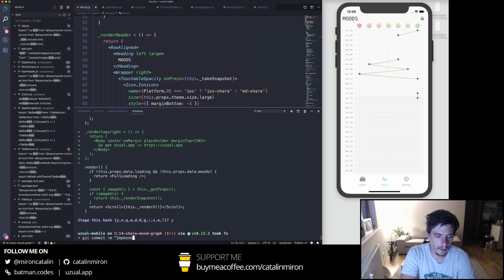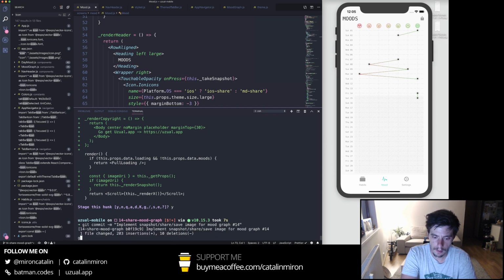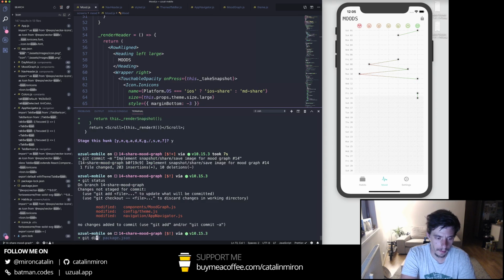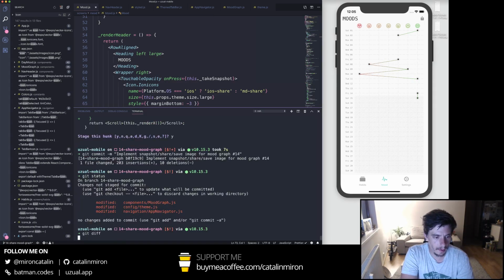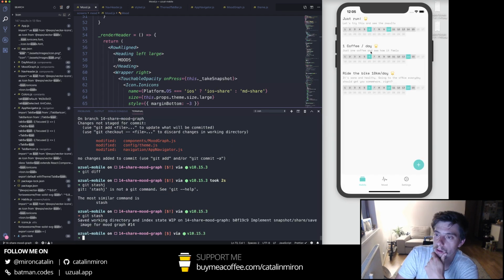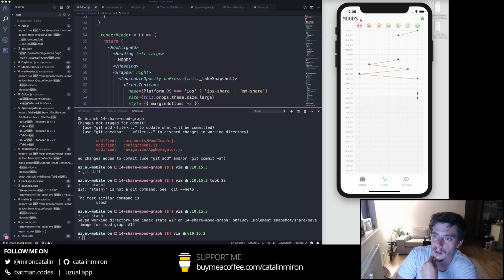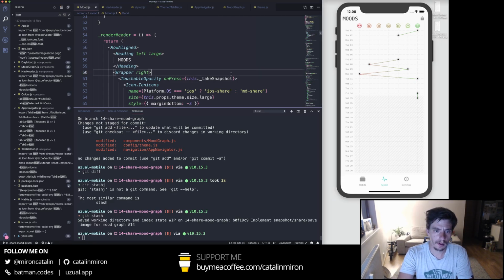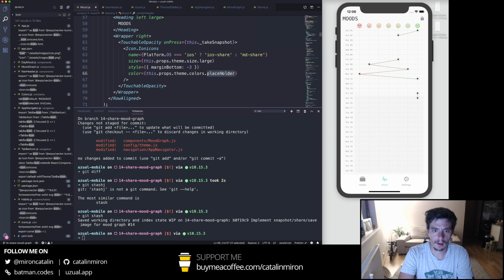Implement snapshot share save image for mode graph. To the diff, and I think that if I'm stashing, everything should work because we don't need to ref forward the... so everything is working. I think that I don't actually like the